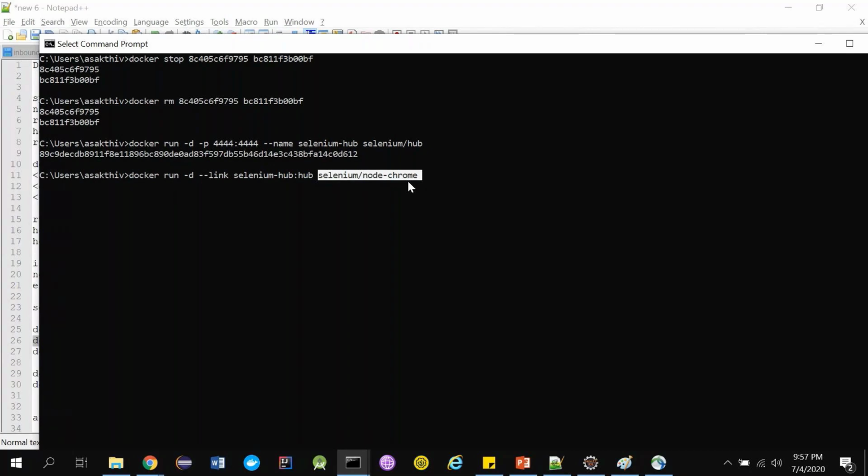So that's how simple it is. Selenium is the author, node-chrome is the image name, and I'm going to link it with the Selenium hub, the name of the hub, and it's going to act like my hub. So I'm going to link this Chrome container to the hub container. It's going to look something like this.